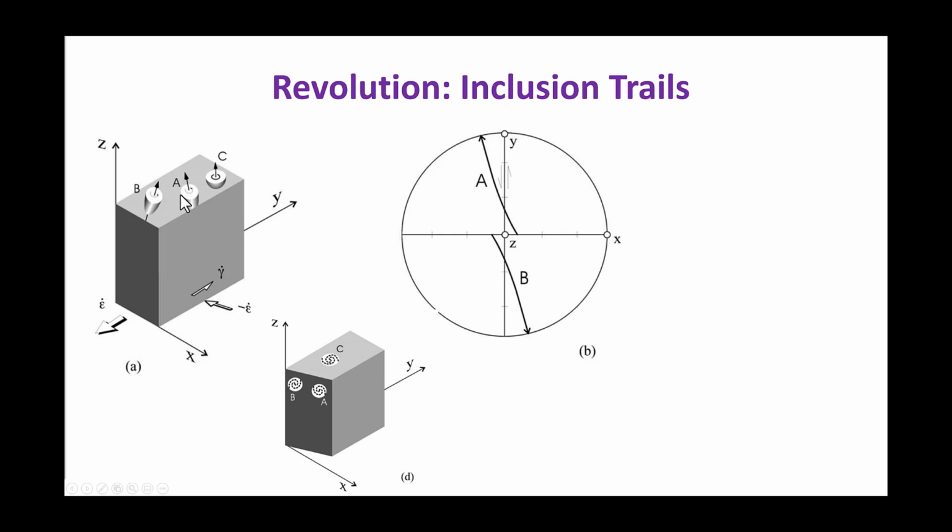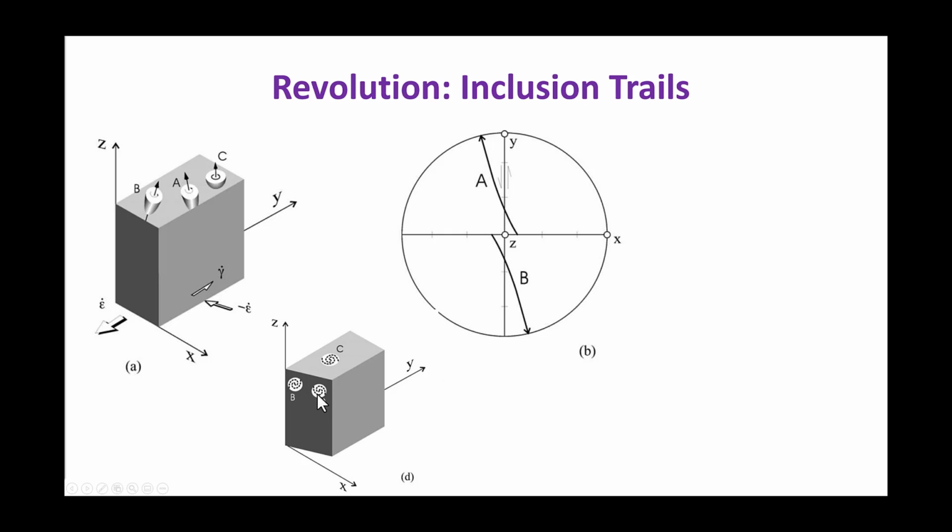Here I explain why the revolution of an elongated object can be complicated. Objects A and B are prolate. A has an initial plunge to the east, and B has an initial plunge to the west. The rotational path of A is this one. In a monoclinic flow, A rotates along this path and eventually stops at the vorticity normal section. The rotational path for B is this one. It also stops on the vorticity normal section at a fixed position, depending on its aspect ratio.